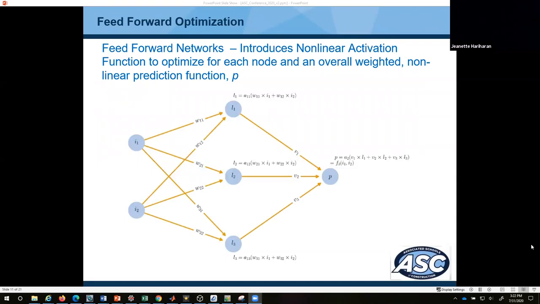So the feed-forward network for a basic group method of data handling neural network would use nodes in the middle that actually optimize the coefficients for those, and then we add the nonlinear activation function in each of the nodes in the output. So I1, I2 in this case would be the economic indicators, and then the output for P would be one of the construction cost indices. So this is just an example of how the network works.